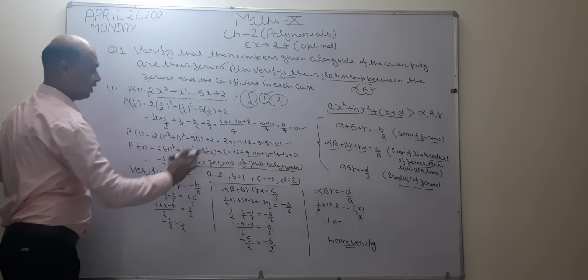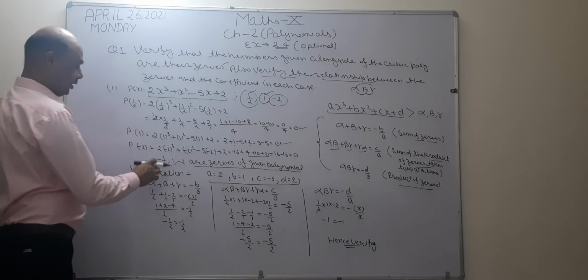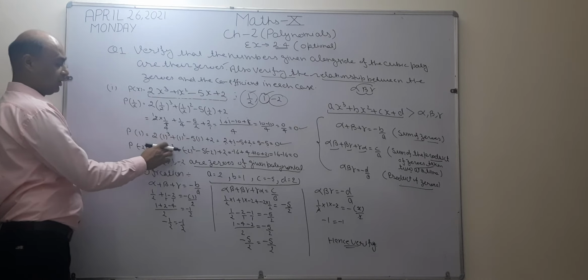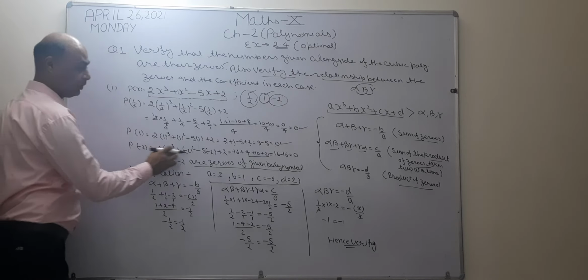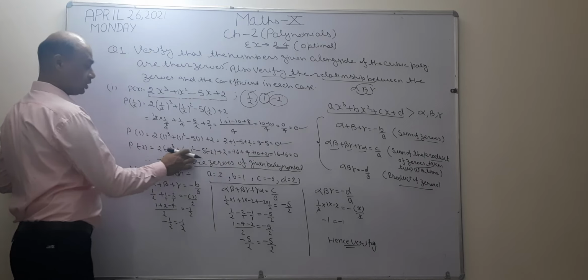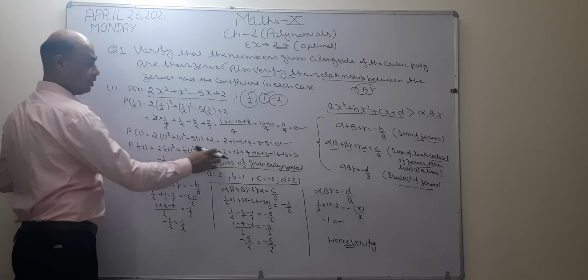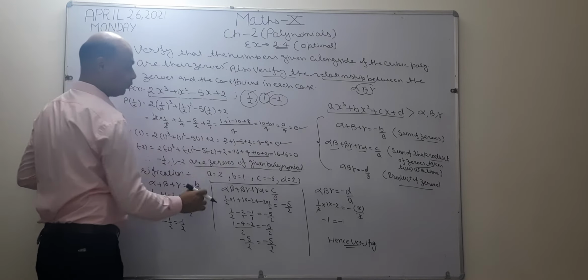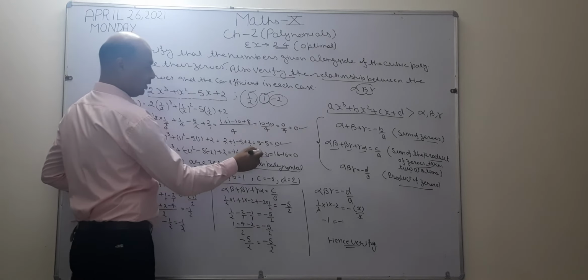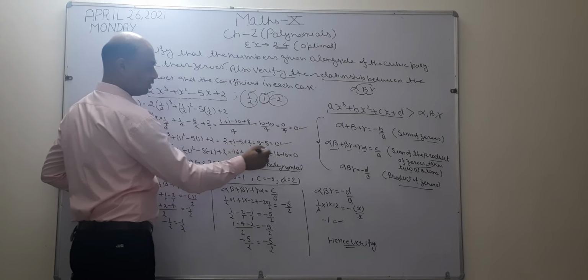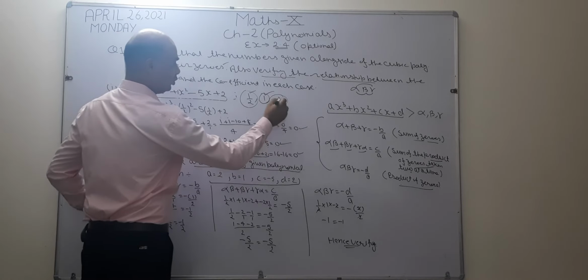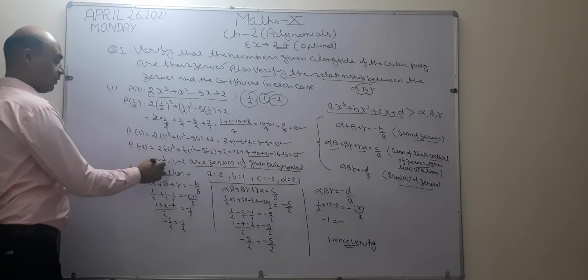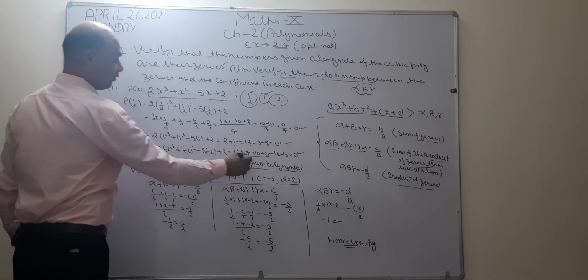And the last term remains the same because it is the constant term. Now see here, minus 2 cubed is minus 8, and 2 times minus 2 is minus 16. Minus 2 squared becomes positive, and 2 plus 2 is 4. Now minus minus plus, 2 5s are 10, and this becomes 2. Now these three are positive terms. 10 plus 2 is 12, 12 plus 4 is 16, 16 minus 16 becomes 0. After substituting minus 2, this polynomial also becomes 0. It means minus 1 by 2, 1 and minus 2 are the zeros of the given polynomial.